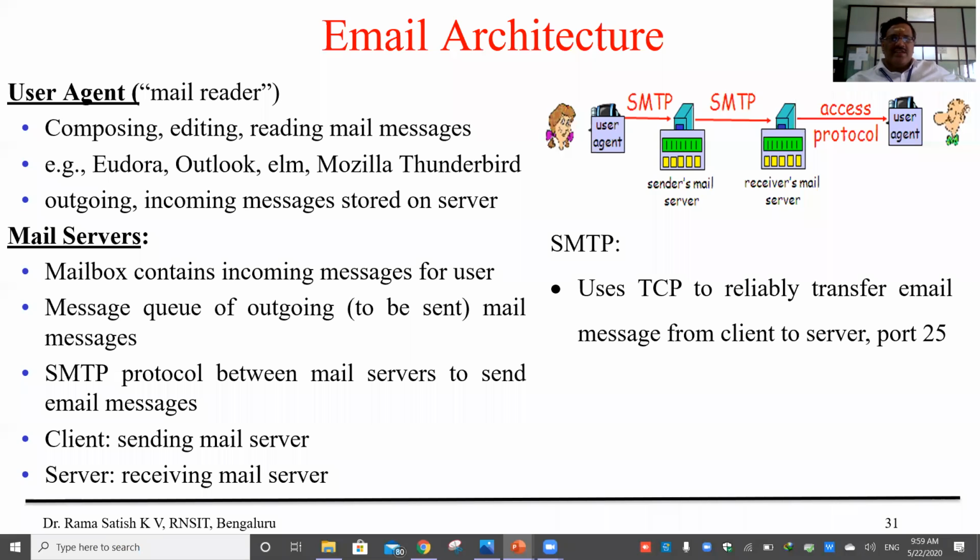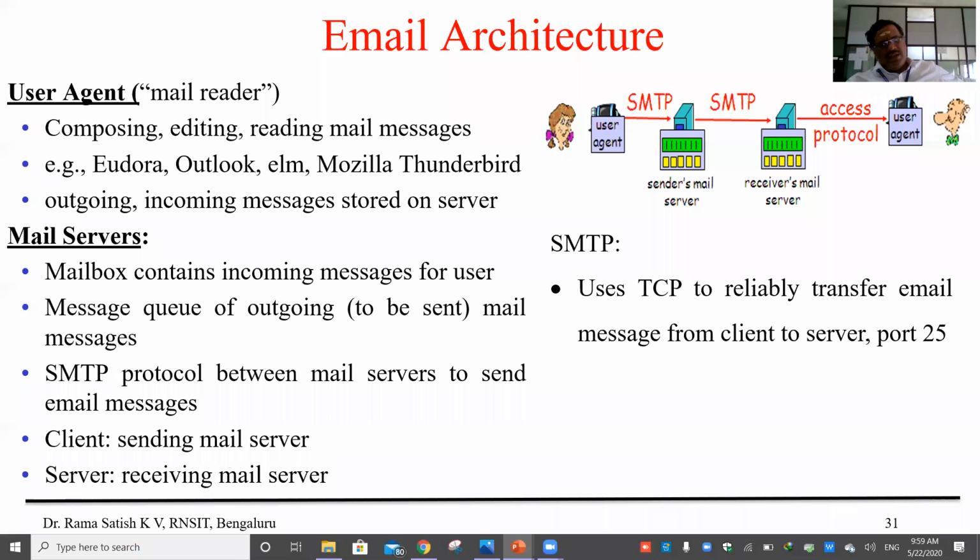If it is not sent, it will still be in the outbox. Once it is sent, it will be moved to sent mail, and the receiver will get it in the inbox. In the inbox, the receiver has to read the mail, and if he wants, he can store it or remove it.